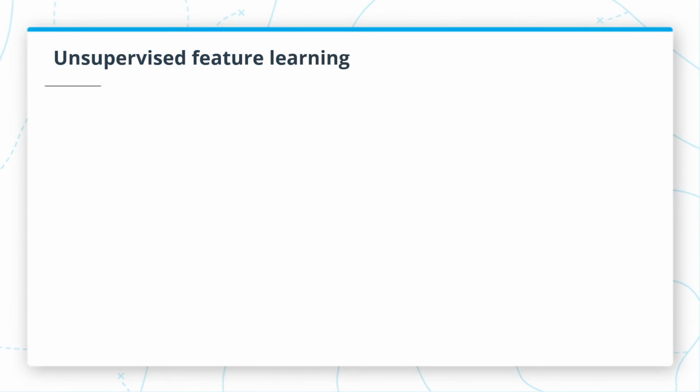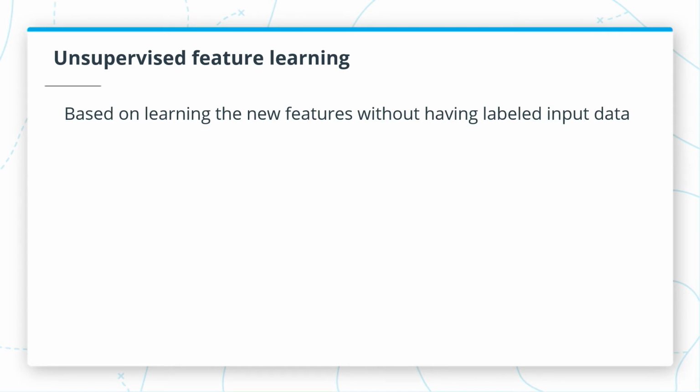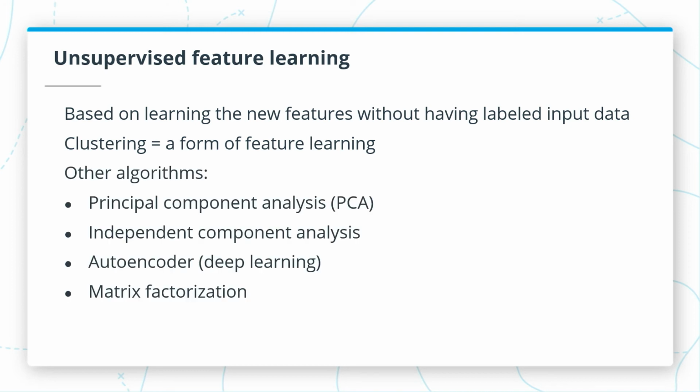With unsupervised feature learning, you're trying to learn new features without having input data that has already been labeled. And the typical form of feature learning is clustering, because if you think about it, when you split your input data into clusters, basically you are assigning a cluster identifier to each row or to each case of your input data, which is nothing short of adding a new feature, which is the cluster identifier. So besides clustering, there are several types of machine learning algorithms that are used in feature learning, like, for example,